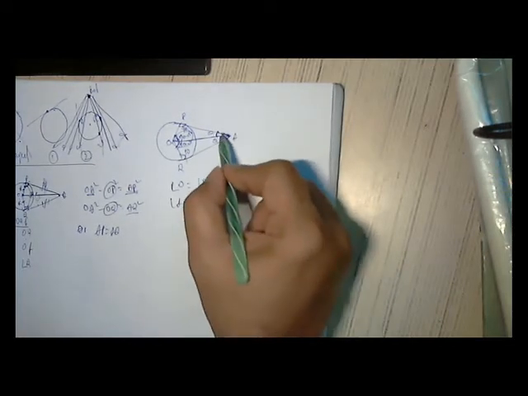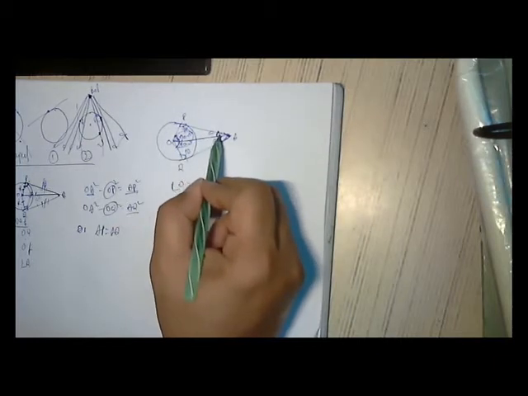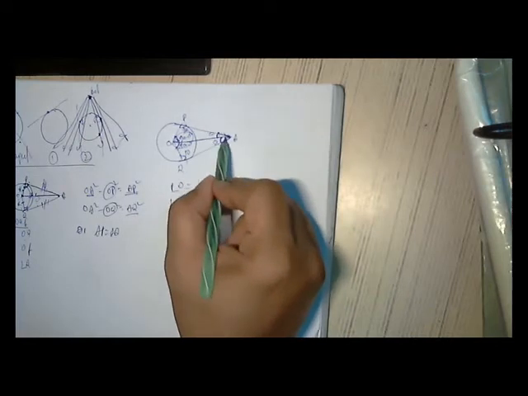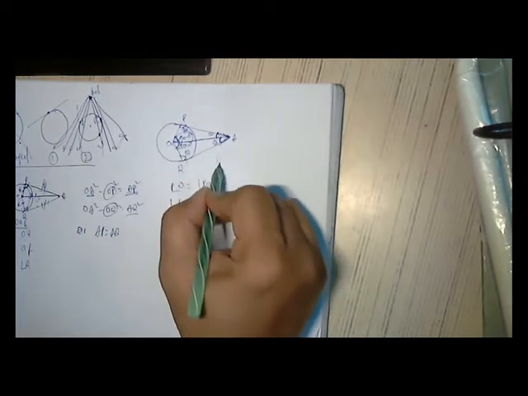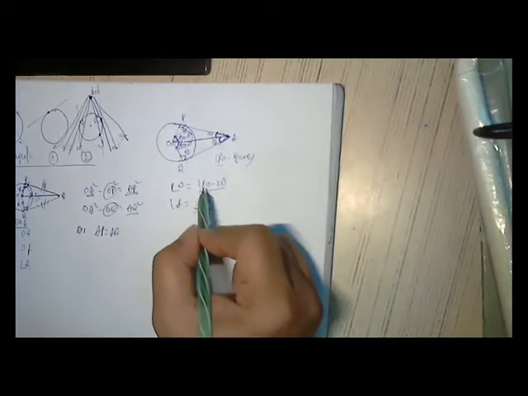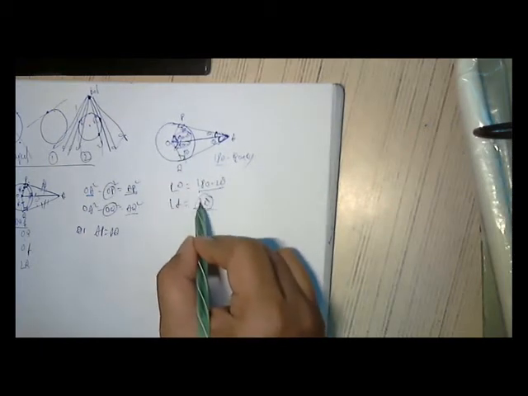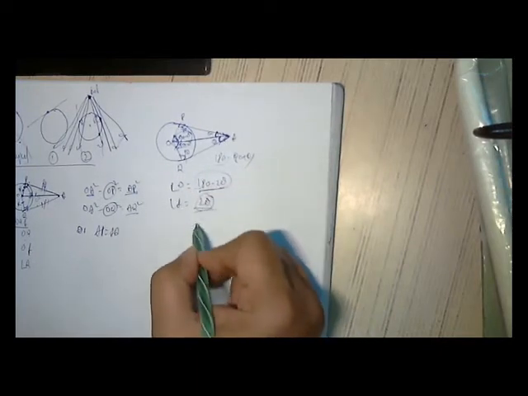You understood? If this is 2 theta, then this is theta by 2 here. Theta, theta, 2 theta. Angle A is 2 theta. So it is bisecting. So 90 plus theta, this is 180 minus 90 plus theta. That means 90 minus theta. This is also 90 minus theta. When we add these two, 180 minus 2 theta. Angle A is 2 theta.